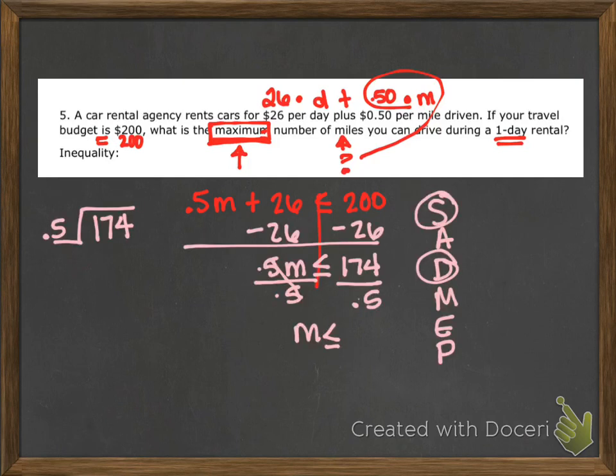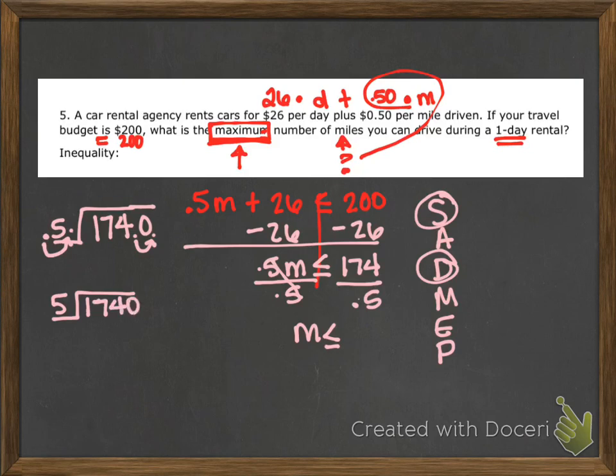Okay, I wanted to finish the division with you. So we're dividing by 0.5. When we divide by decimals, we want to make it into a whole number. So we move it over 1 time to make it a 5. And then what we do on the outside, we have to do on the inside. So we move our decimal here over 1 time. And so now it becomes 5 dividing into